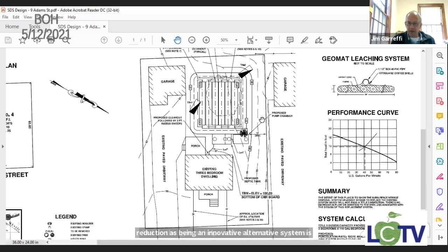As Kurt was showing you, you can actually reduce the system size, and that helps with the grading to try to prevent water from being shed onto abutters' lots. One of the other things that's nice about the geomat, or at least its approval, is if you're using it as a pressure dose system. So, if you think of a gravity system, the water would go into those pipes, have a little bit of pitch,